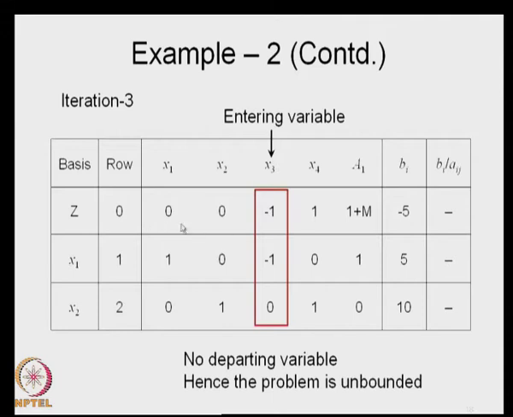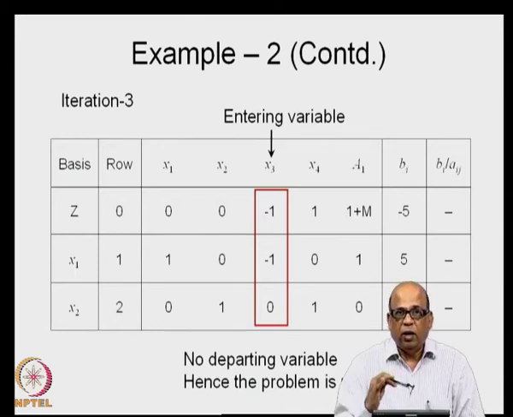which means what? The solution is not optimal here, because there is a negative coefficient sitting in the z row, and therefore, the objective function value can be further improved by bringing this in as a basic variable. However, neither of the currently basic variables x1 and x2 can be identified as the departing variable. Which means that neither x1 nor x2 reaches 0 as you start increasing x3, and therefore, no departing variable is identified, and therefore, the problem becomes unbounded. So, this is how you identify the unbounded solution.